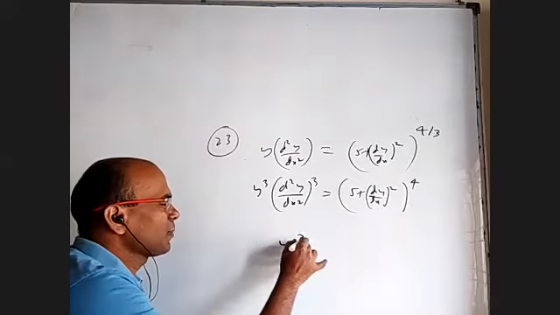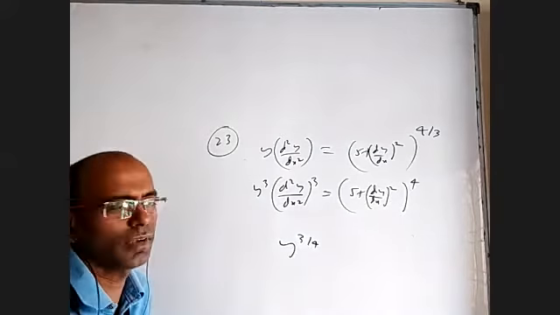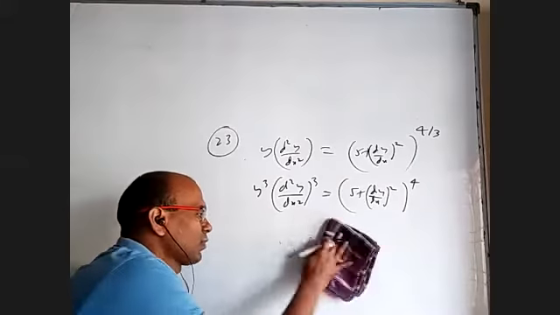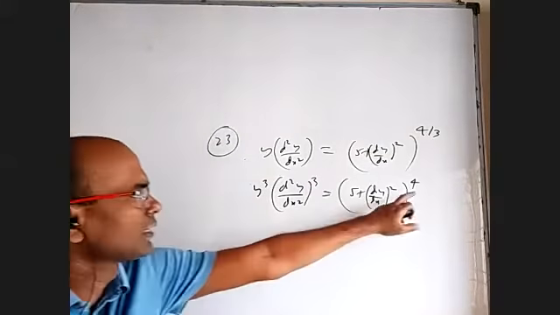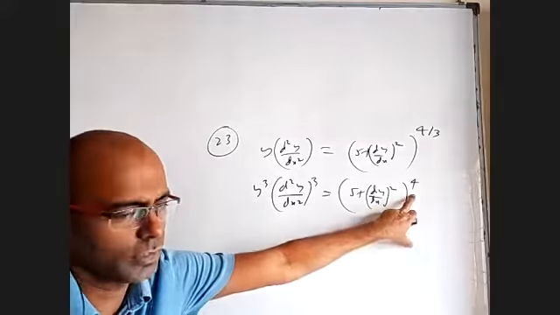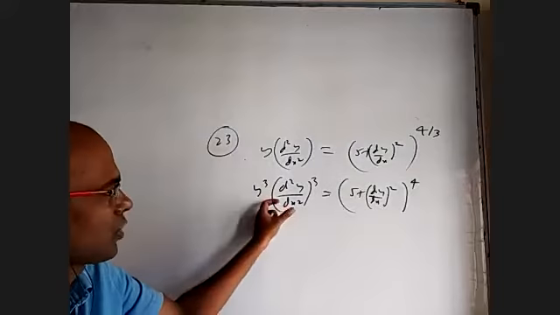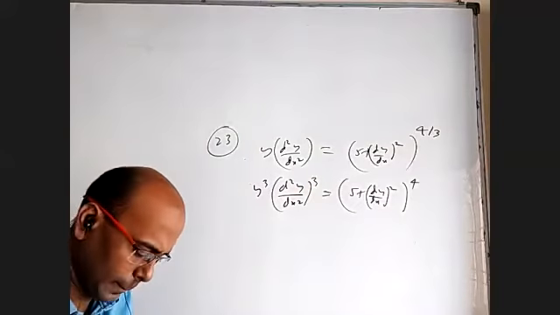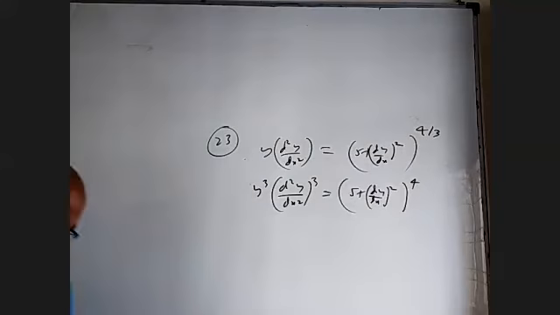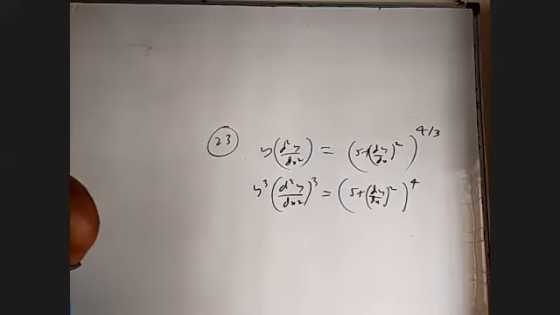If y has y power 3 by 4, not an issue. You don't have to do power 4. Only dy by dx, d square y by dx square having fractional power, we have to avoid. Okay, now this power is more, but that's not important. This is a first order term and this is a second order term. Whichever is the highest order, the power of that is the degree. So what is the order and what is the degree? 2 and 3, sir. 2 and 3. Order 2 and degree 3. Okay, that is 23.